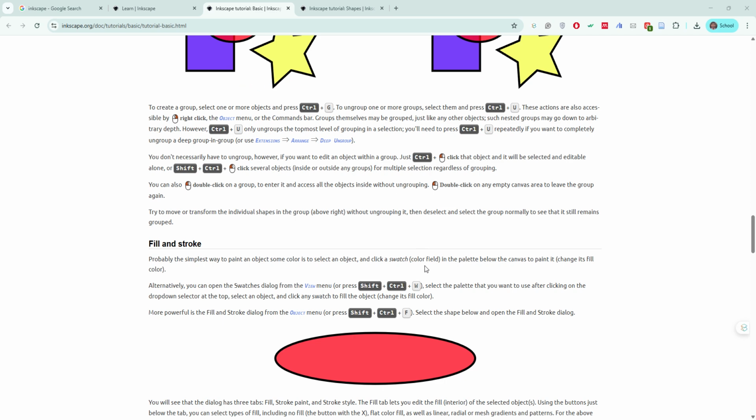So next and next, and install, and yes. So just wait for some time. So the Inkscape setup is completed, then we have to select finish. Let's see whether